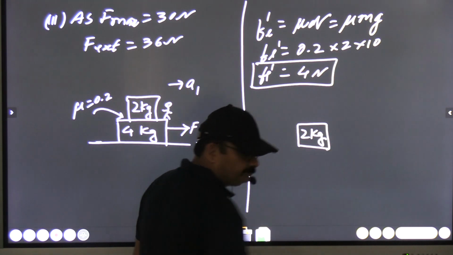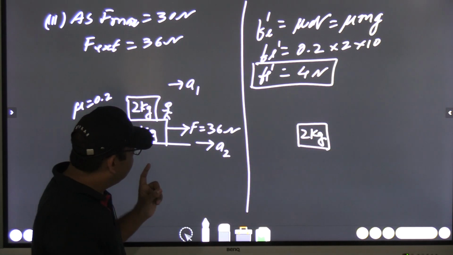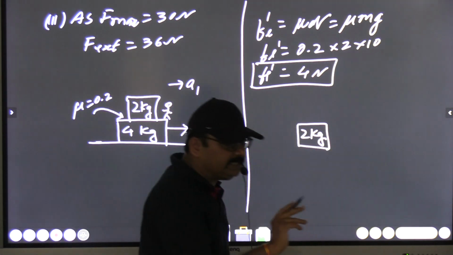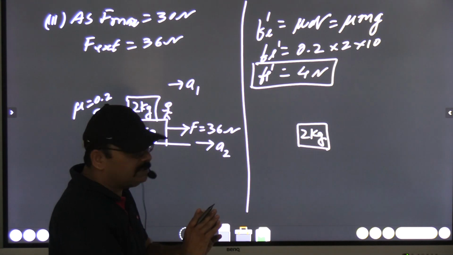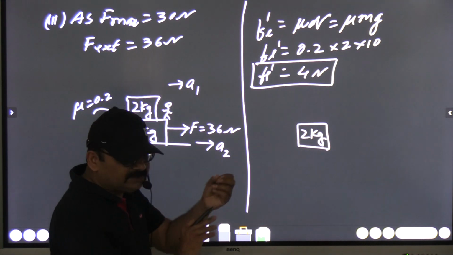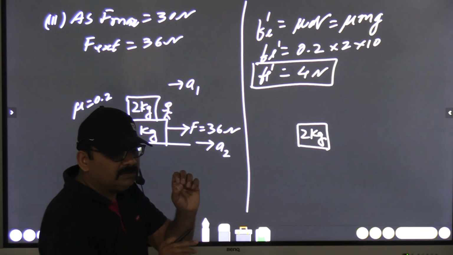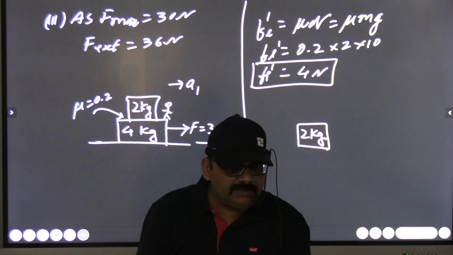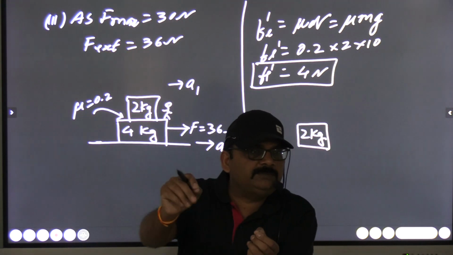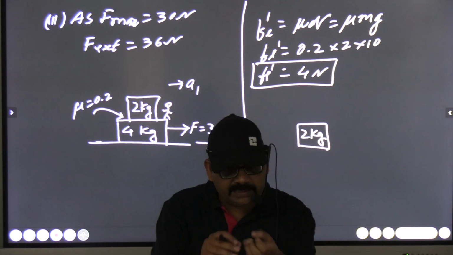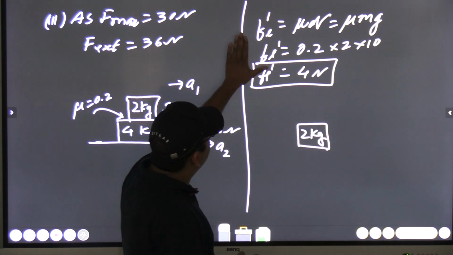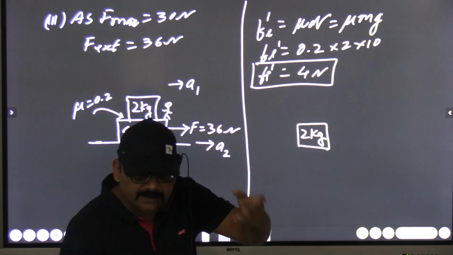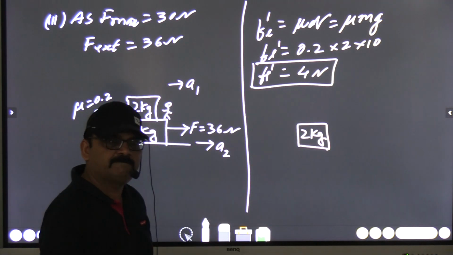This is 2 kg. Right, now as I told, the direction of the friction on this body, not static friction, because this body is sliding, is the direction of the kinetic friction. In the question it is not given whether this is the coefficient of static friction or kinetic friction. We have to decide. If the body is sliding, take it as mu k. If the body is at rest, take it as mu s. So better, we are checking that this is the maximum value, but even if the body starts sliding, we will consider this as Fk, right?